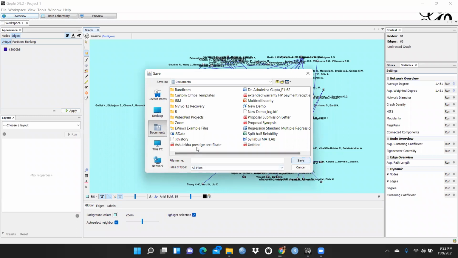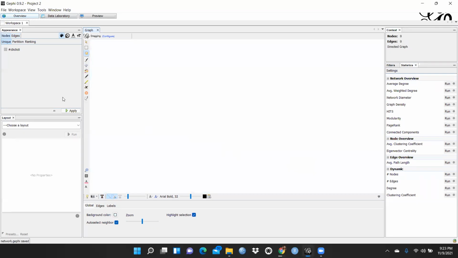Let's say the file is called network, my existing file. So let me press network, okay, fine. This interface would be like this when you open the Gephi software for the first time. Let me explain what sort of facilities are available over here.